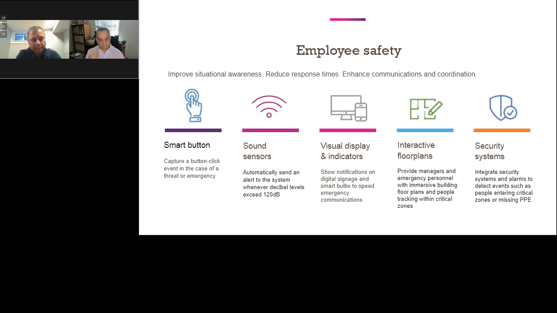Because of integration with this kind of panic button and different sensors, we can send the alert to security and to the front desk, who can take corrective actions. We are doing the same thing with cameras.